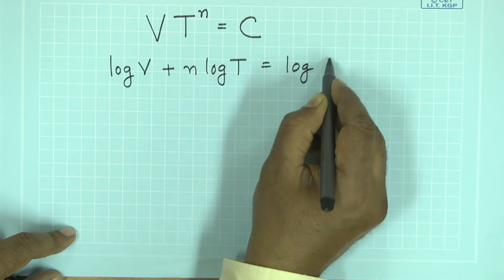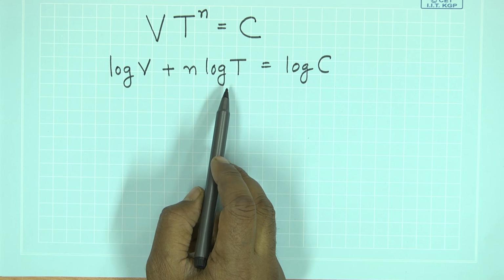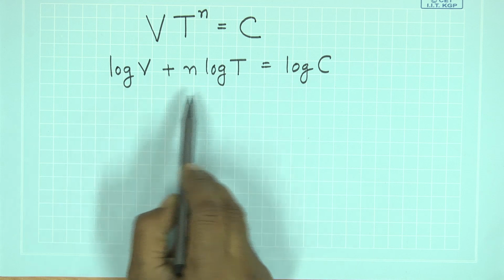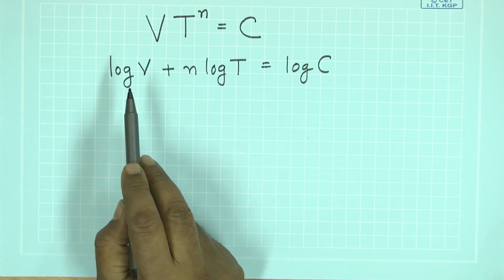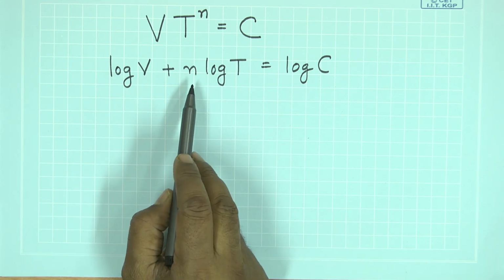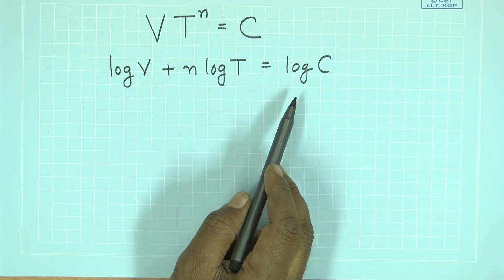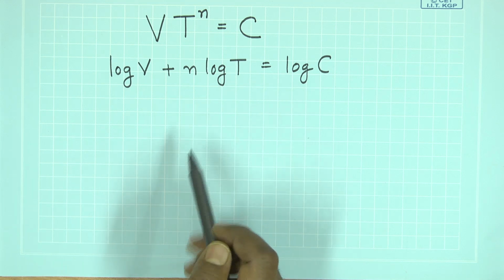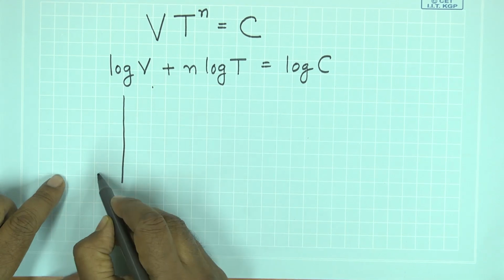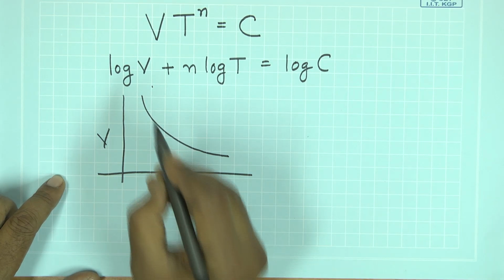is equal to log c, and we claim that if we use log v and log t as the variables instead of x and y, this basically represents a straight line. Say log v is y and log t is x, then minus n stands for m, and log c stands for our c in y is equal to mx plus c. So, basically what we are trying to do is that instead of a representation of t and v in this form,